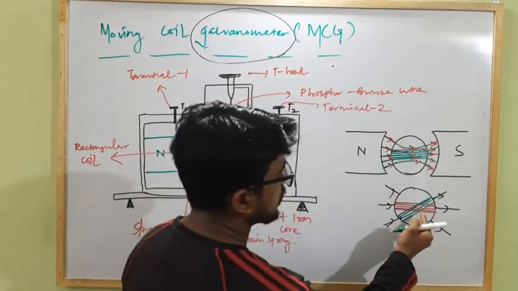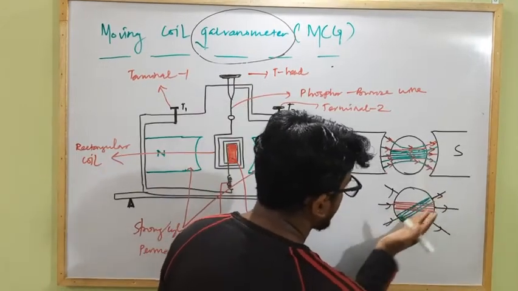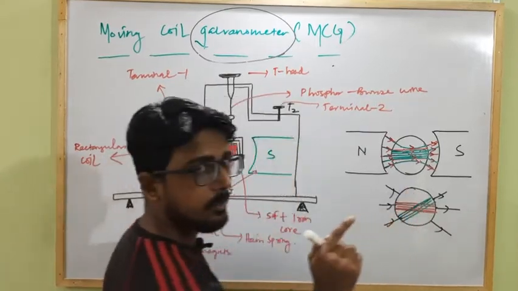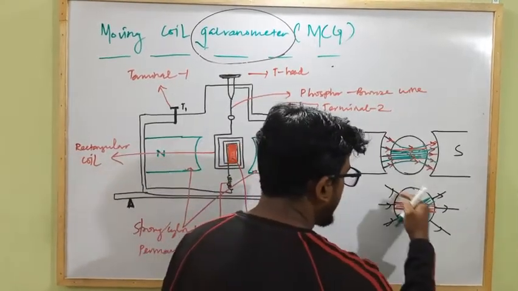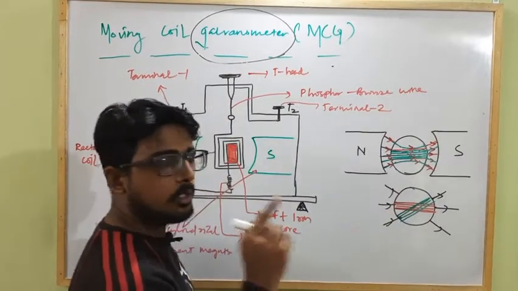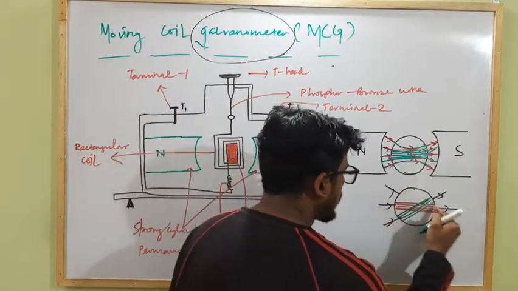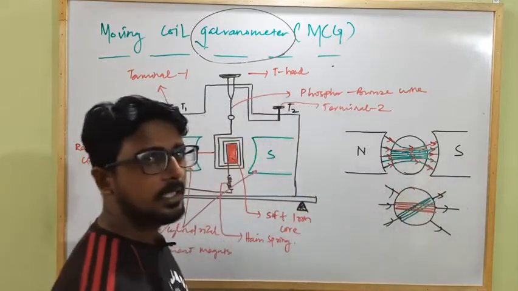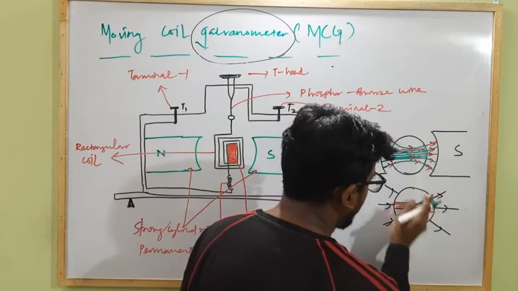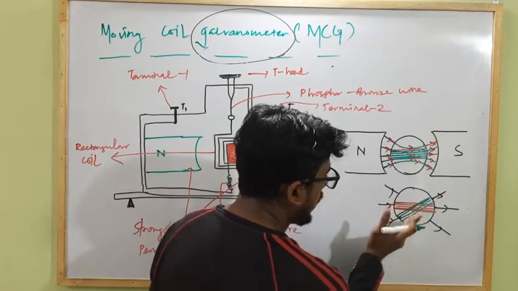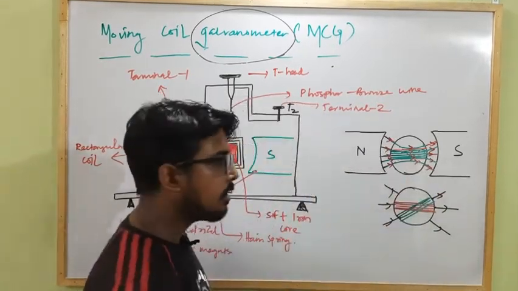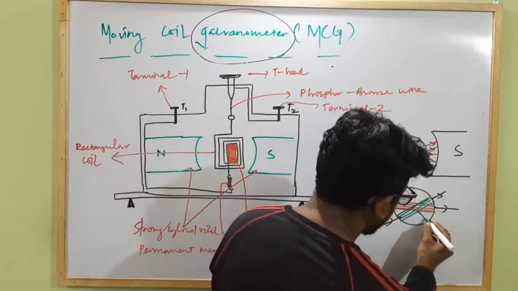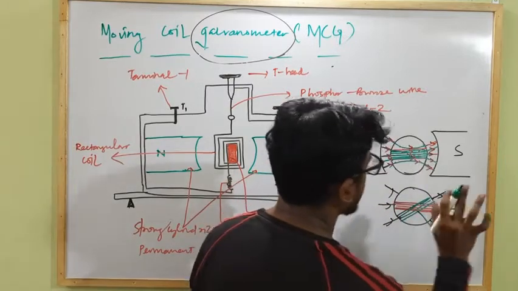Then also at this position, the magnetic field lines are along the plane of the rectangular coil. So at each and every position, as the field lines are always acting along the radius of the cylindrical core, for each and every position of the rectangular coil, the magnetic field lines are always along its length. That means the angle between the plane of the rectangular coil and magnetic field lines is 0, or the angle between the area vector of the coil, which is perpendicular to the plane, and the field lines is always 90.